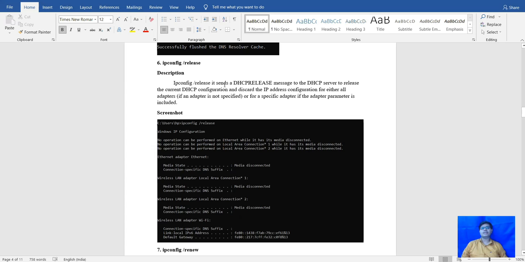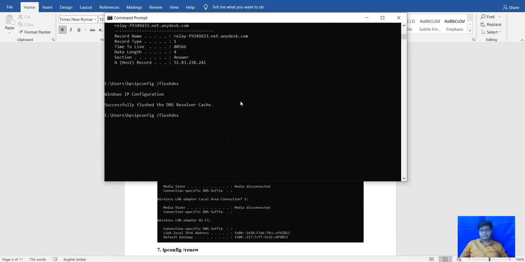That is ipconfig/release. So this command is used to release the DHCP address. Means if we use a static address, it will not flush the available static IP address, but if we use DHCP, that is dynamic host configuration protocol, it will remove that IP, and after that it will show the IP is removed and only the default gateway and the IPv6 address will be remaining. Let's check. The command is ipconfig/release.